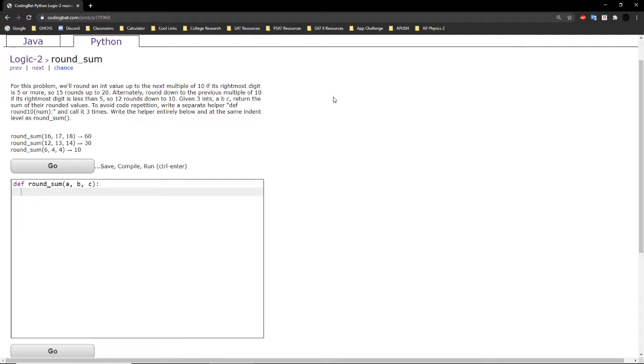Today we will be doing the Python Logic-2 exercise round sum. The problem states, for this problem we'll round an int value up to the next multiple of 10 if its rightmost digit is 5 or more, so 15 rounds up to 20. Alternatively, round down to the previous multiple of 10 if its rightmost digit is less than 5, so 12 rounds down to 10. Given three ints, a, b, c,